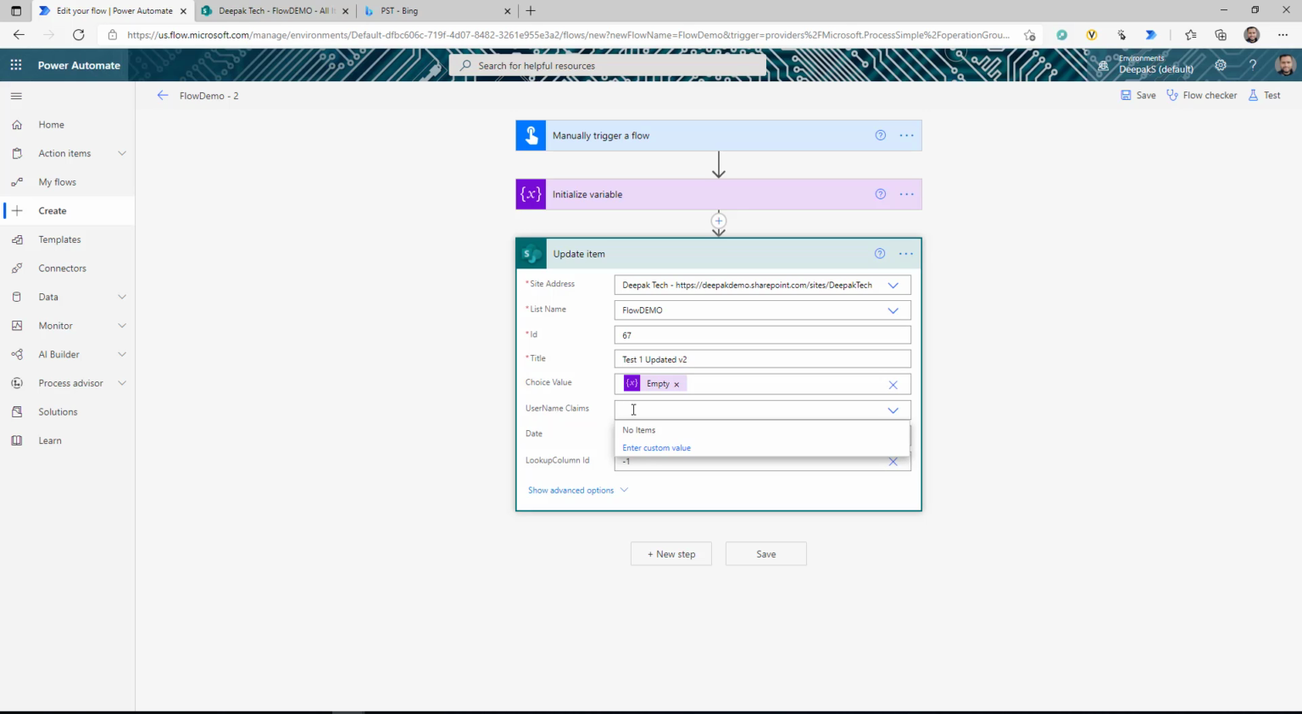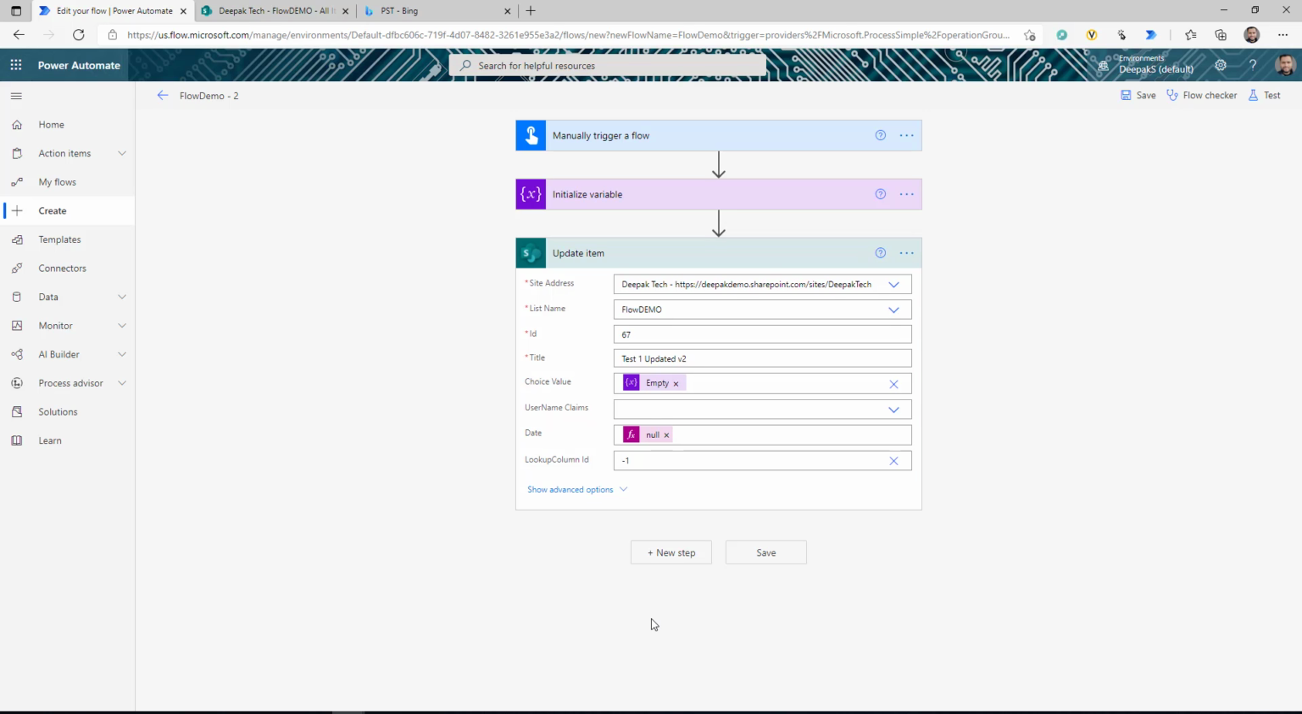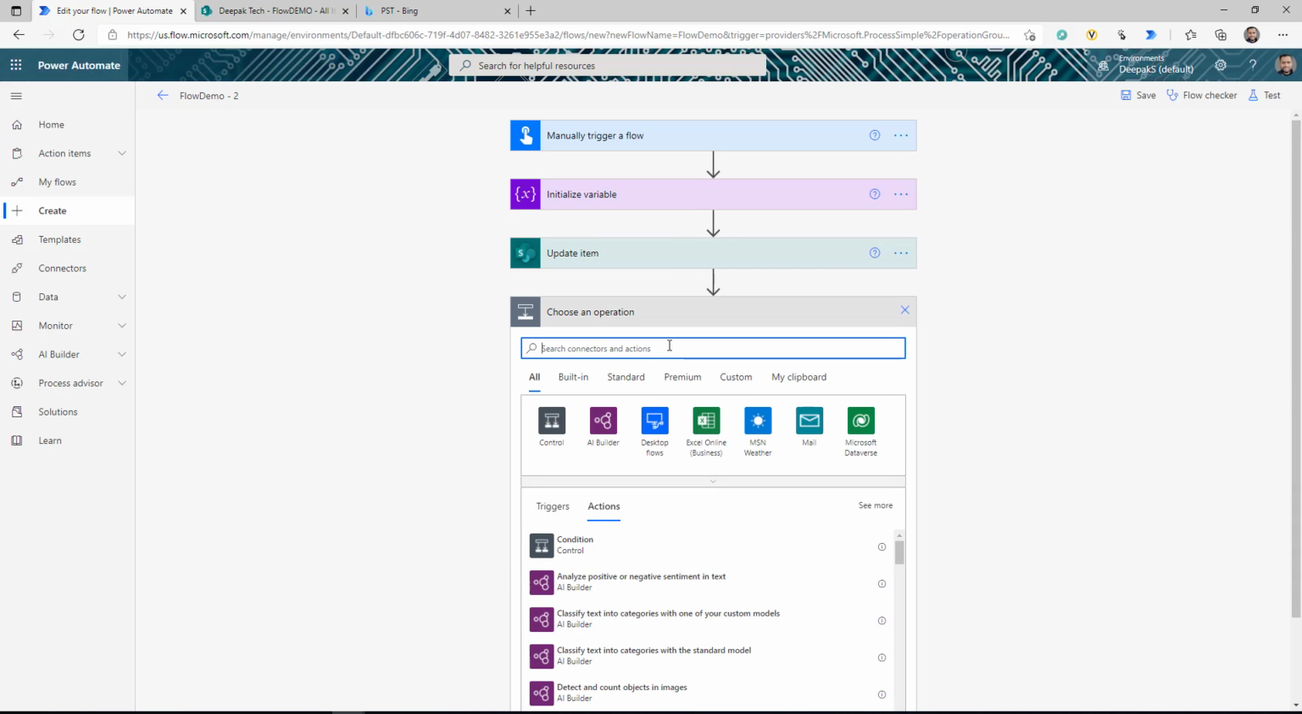We can't really do much here, because if you pass empty, it's going to try to find that empty user in the Active Directory. It's not going to find it, and it's going to throw an error. If you pass -1, there's no user such as -1. So to empty the user field, we need to go to step 2,